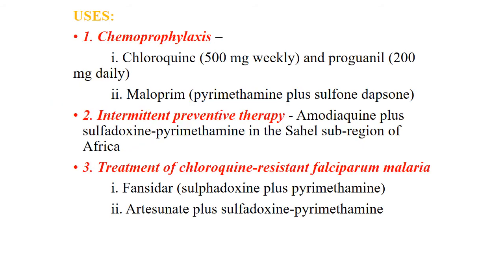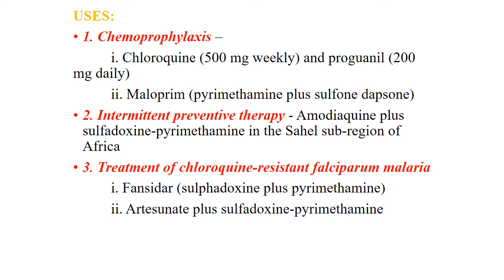Chemoprophylaxis, clinical uses: it is used in chemoprophylaxis, chloroquine 500 mg weekly and proguanil 200 mg daily. Maloprim, which is pyrimethamine plus the sulfone dapsone. Intermittent preventive therapy, amodiaquine plus sulfadoxine-pyrimethamine, in the Sahel sub-region of Africa, is used in the case of